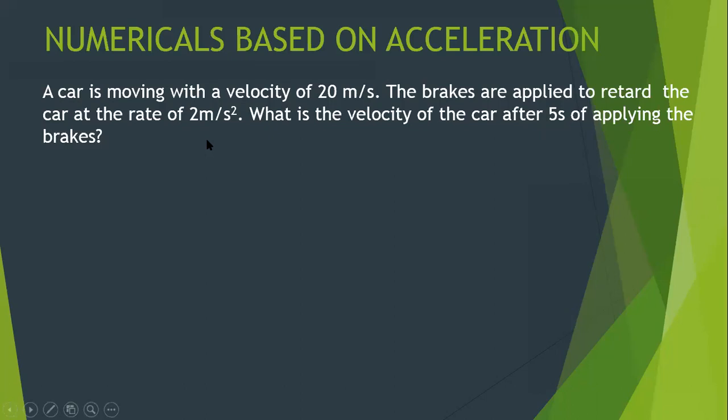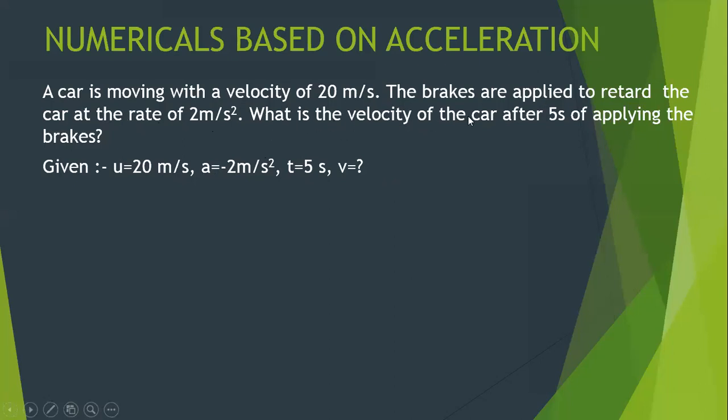Chalo. So let's start by writing the given. Very simple. What is the initial velocity? 20. How much is the acceleration? Now be careful about it. Here you may end up with a wrong answer, because your acceleration is minus 2 meter per second square. The retardation is 2 meter per second square, but since it is very clearly mentioned it is retardation, please ensure you write a is equal to minus 2. If you make a mistake here and write a as 2, then it is incorrect. Then t is how much? t is 5 seconds.